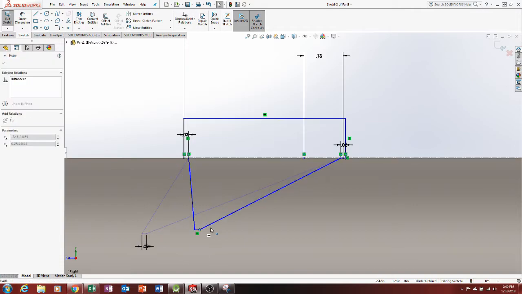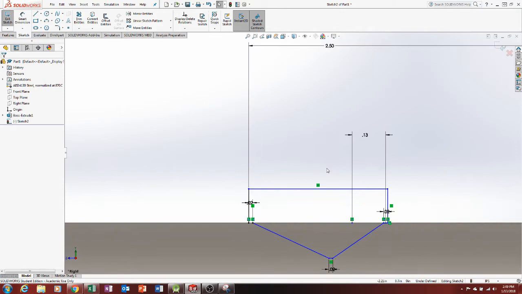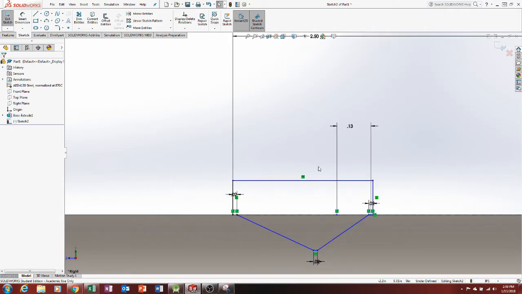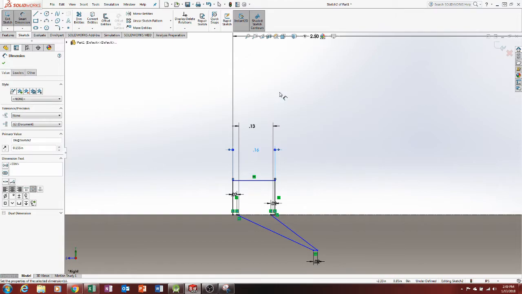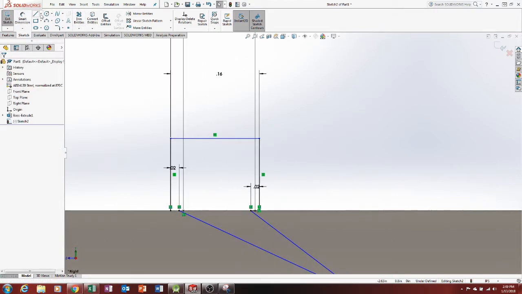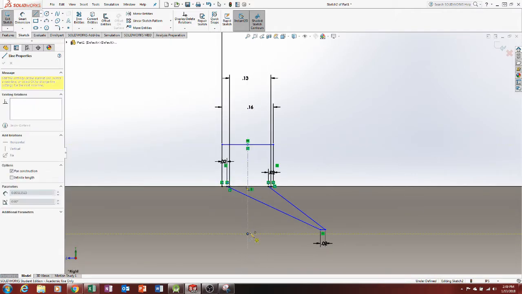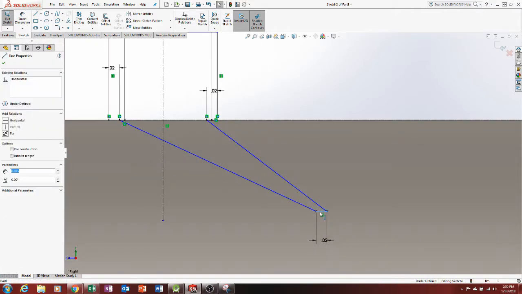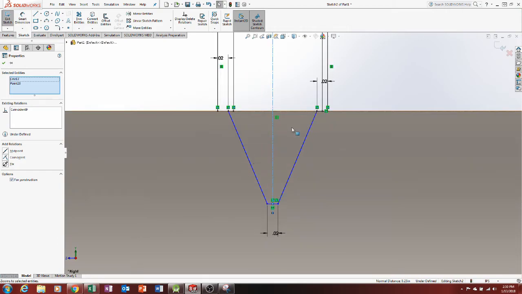It's okay, I can move this around wherever I want. So this width should be 0.125 plus 0.015 plus 0.015. There we go. Now, do a little center line here from here, straight down. And you can select midpoint on this, hold shift, make it coincident with that. That should make it